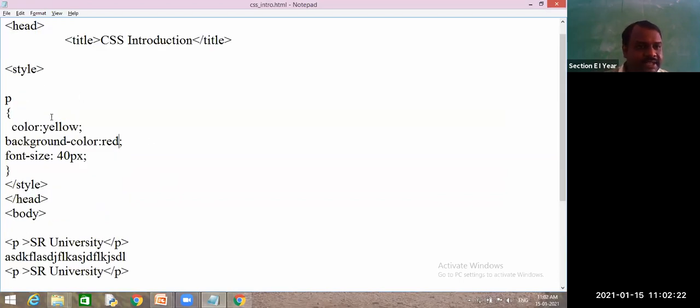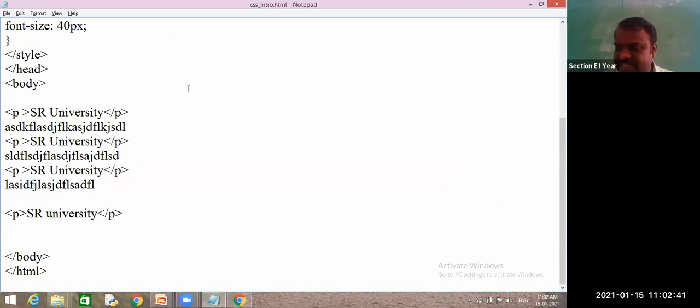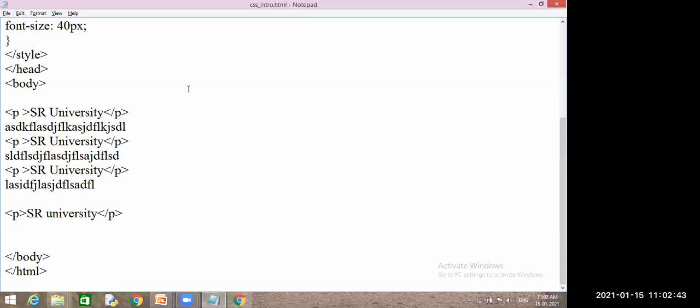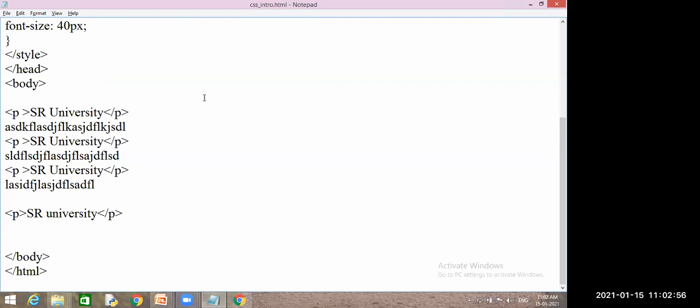So inline. How do we write inline? What is the first type of CSS? Inline. So how do we write inline CSS? In the same line, we use all attributes. But what is the limitation of that one? That property can apply only once, for that single element. For that element only it will apply.